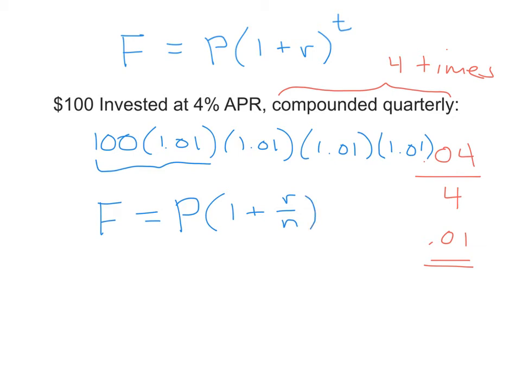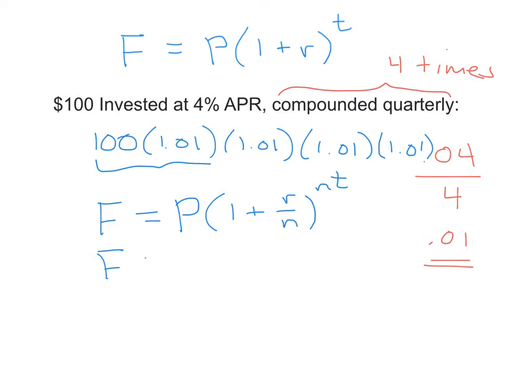Then to ensure that the multiplier, the 1.01s, occur the right number of times, it's going to be 4 times per year times the number of years that I leave the amount of money in that investment. So basically, this number always has to be the total number of times that the bank will use the multiplier. And if it's this many times per year, and it's this many years I'm leaving it in, we multiply together in order to know how many times we're going to use our multiplier. So in this particular case,